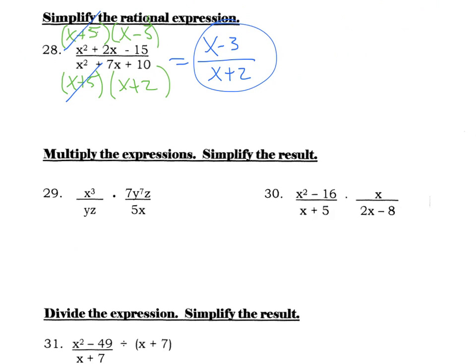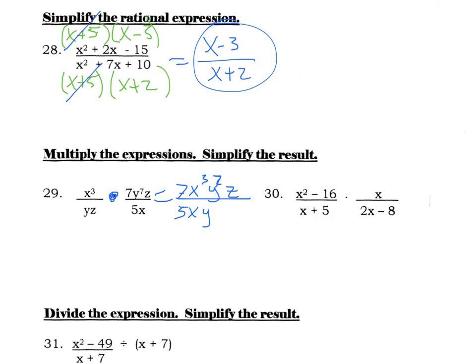Like such. Number 29 is similar, except we're going to do a multiply here. And there's a couple of ways we can play this. Because it's multiply, you can cancel right now if you want to, but I'm going to multiply it together first. So when I multiply the tops, I'm going to get 7 x cubed, y to the 7th, and z. Now, if it looks like I just put them together, I did just put them together, simply because I don't know how to multiply x's and y's together, so I have to keep them separate. And on the bottom,